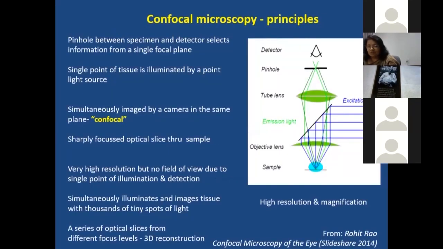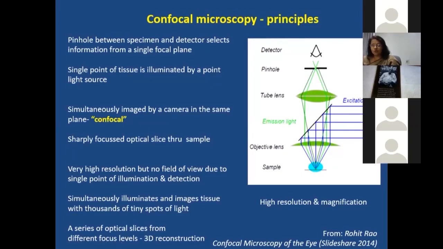Coming to confocal microscopy, fundamentally you have two relevant areas. One is the detector and then the tissue sample that you're seeing. In between the two, you have a pinhole so that only a single point of tissue is illuminated by a point source of light. Now this is how the light comes in. You get a single point of light and simultaneously you image it by a camera in the same plane. So therefore you have what is called a confocal. Fundamentally you have a sharply focused optical slice through the sample. You get very high resolution but absolutely no field of view because you only have a single point of illumination